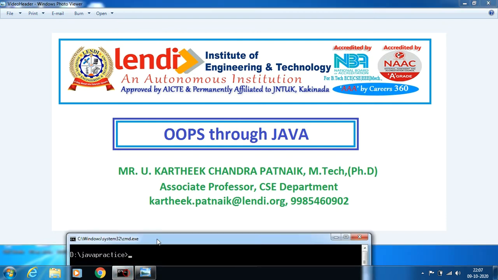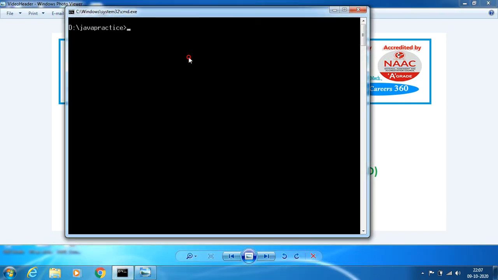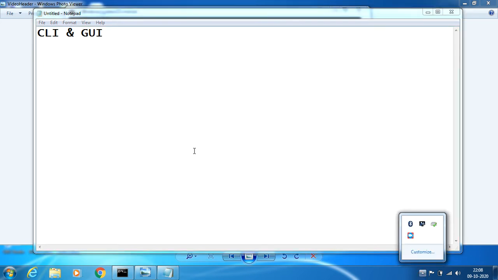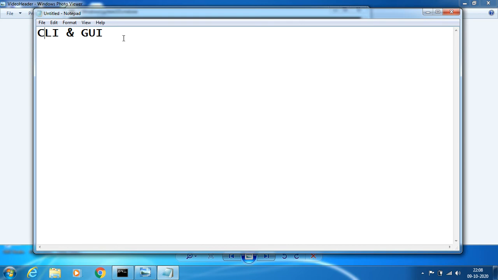So straight away we go to the concept of AWT today. Before learning AWT, at first we should know the idea of CLI and GUI. What is called CLI and what is called GUI? We all are aware of that. CLI is called command line interface and GUI is called graphical user interface, and we all have knowledge that everyone is looking forward into